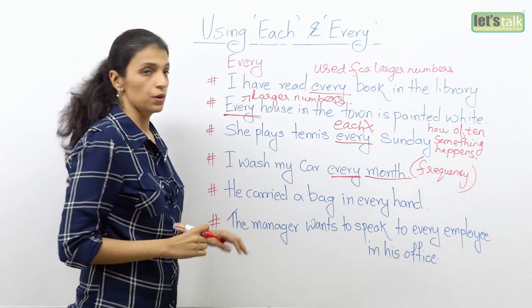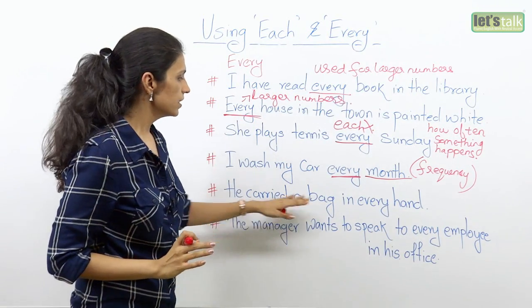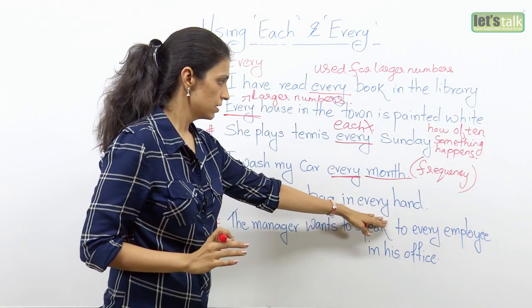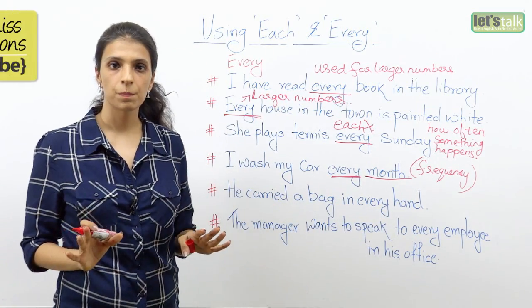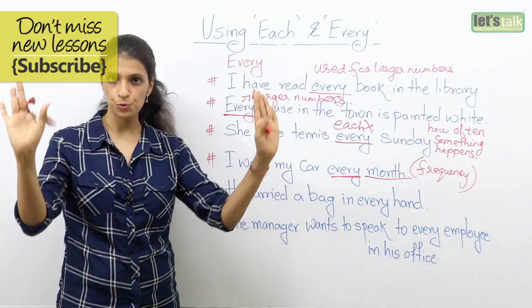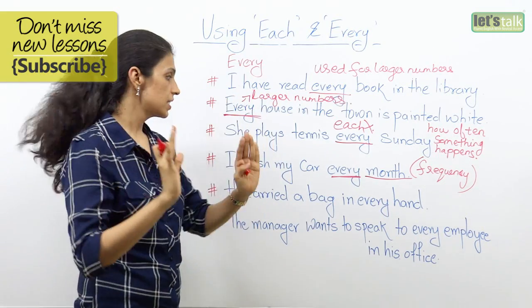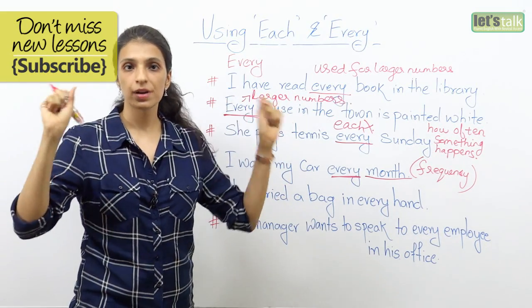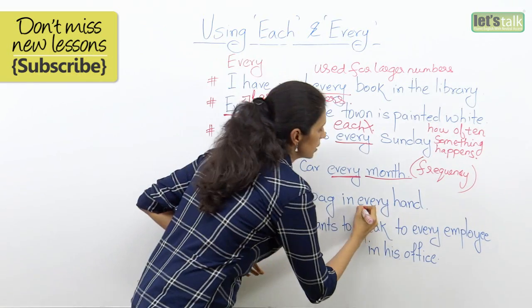Okay, now the next example, he carried a bag in every hand. Well, does the sentence sound correct? Now think about it. You have two hands, okay? So when I want to say I carried a bag in both of my hands, I would use each over here,